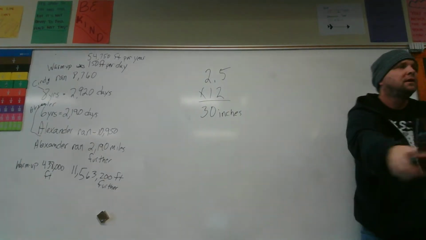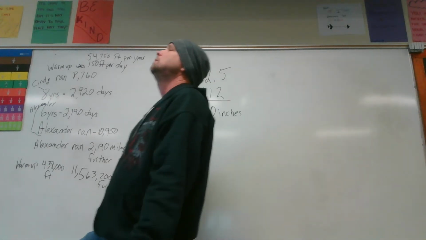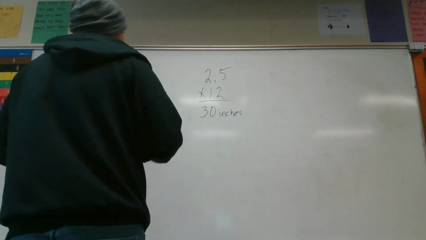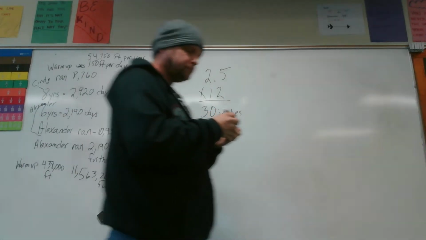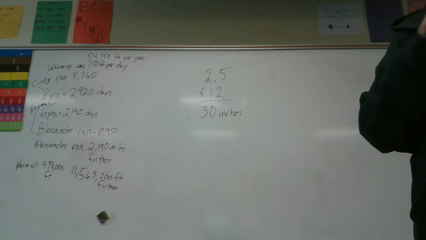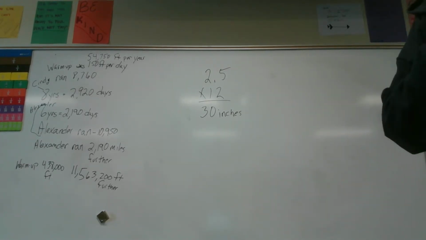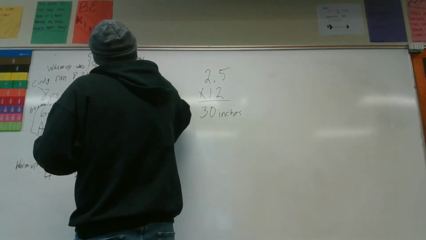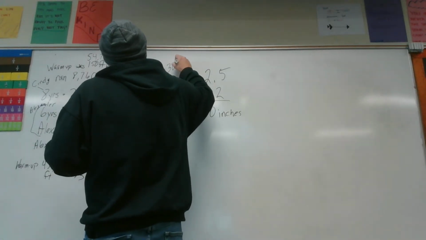6 inches, because 0.5 is the same as saying a half. Wait, so that's the next answer? Yes, this is 30 inches for one box. Wait, what question are we on? You missed a blank in the chart that you went through. So it's 30 inches in each box? Yeah. Each box equals 30 inches.